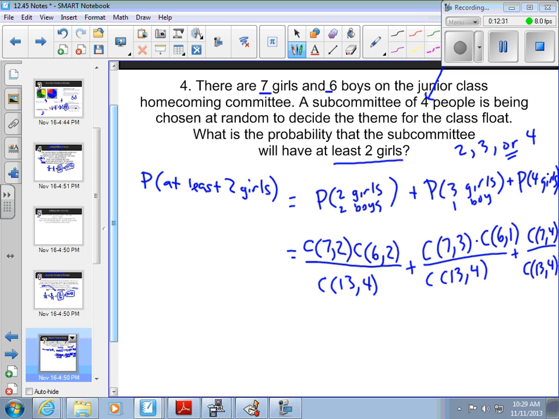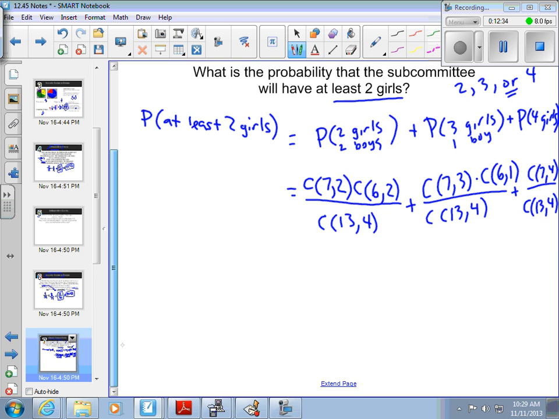So we've got to go through and find some probabilities. Here you'd want to use your calculator again to work out some of these combination problems. Use your combination button. And if you go through and do this, you should be able to simplify it out. For time's sake, I'll skip and do that part for you. On the first one, this should come out to be 315 on top out of 715. On the second one, that comes out to be 210 out of, again, 715. And on the last one,